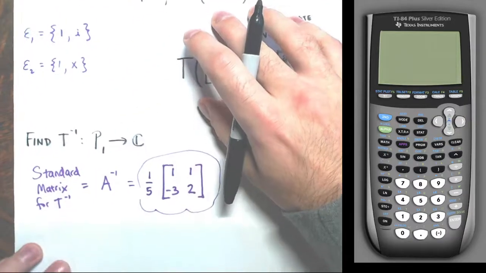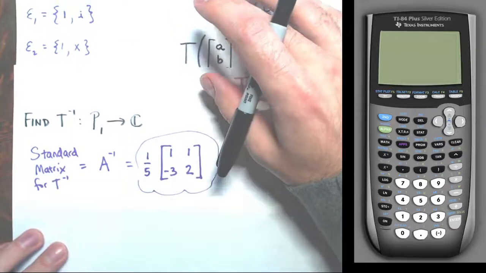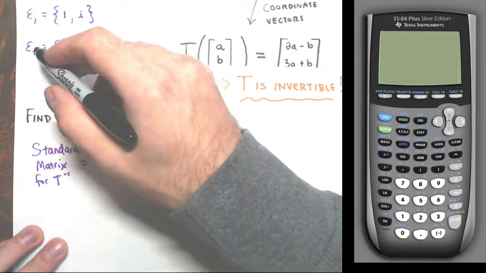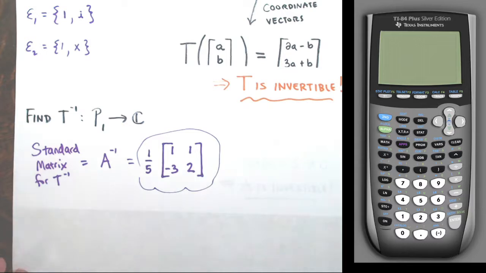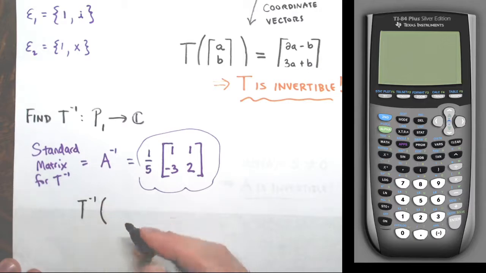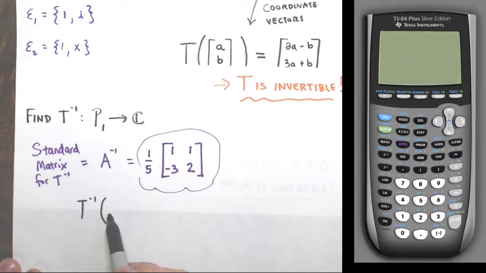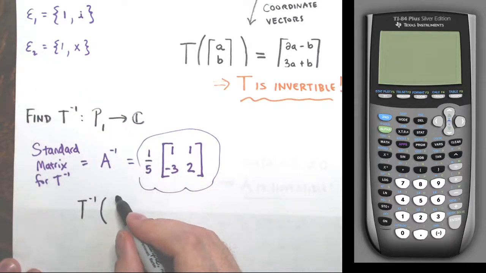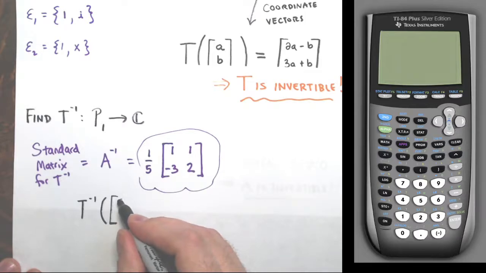All right. So remember for P1, the standard basis, I called that E2. And for the complex numbers, the standard basis, I call that E1. So let's just keep that in mind. So I should be able to write now that T inverse of, and my input is going to be a polynomial, so my input coordinate vector will be coordinates with respect to basis E2. So if I take a polynomial with coordinates, say just a, b, and these are coordinates with respect to basis E2,